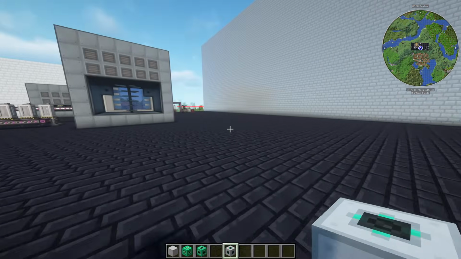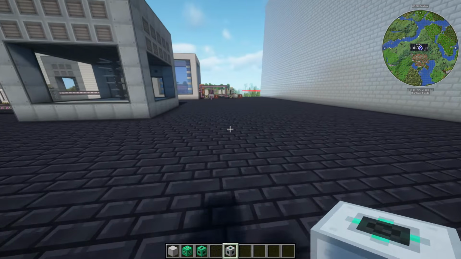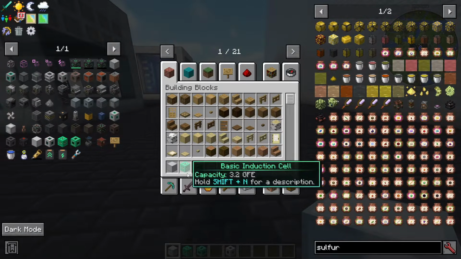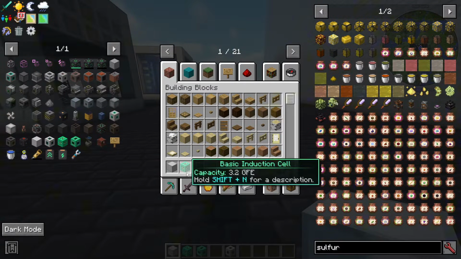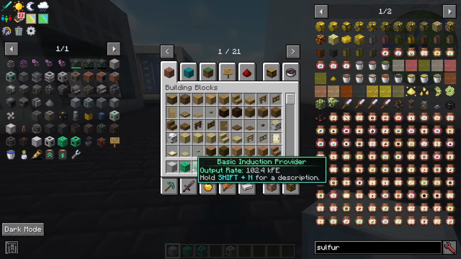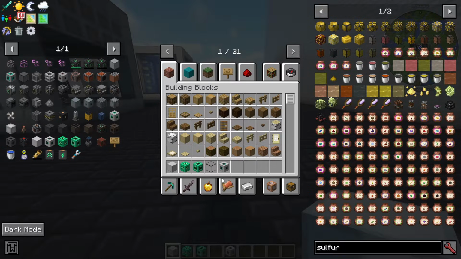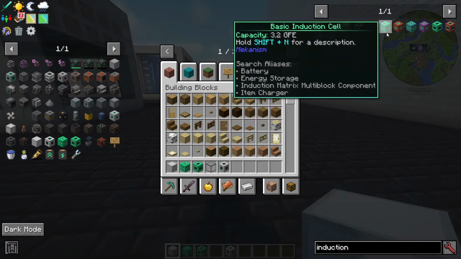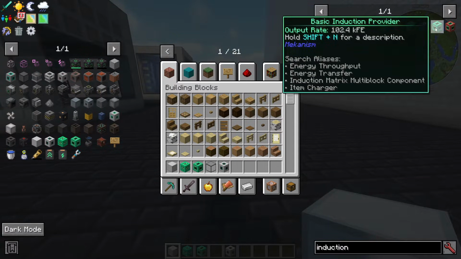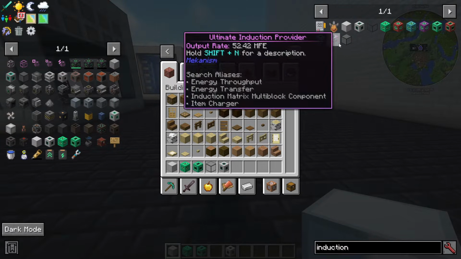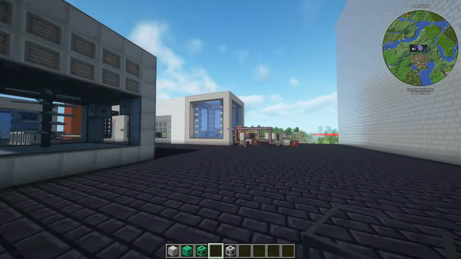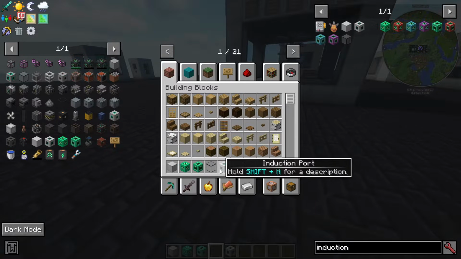All right, so everything that you're gonna need to create the induction matrix is as follows. You're gonna need the induction casing, some basic induction cells or any of the other induction cells, some basic induction providers, or again, any of the other induction providers here. So if we type in induction, we can see that it goes from basic all the way up to ultimate, and that's the same thing with the providers, all the way up to ultimate. And then you're going to need some structural glass, again, not reactor glass,